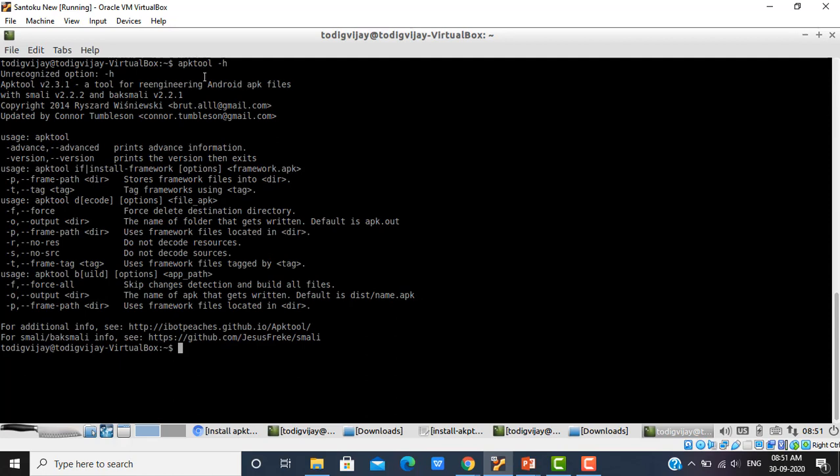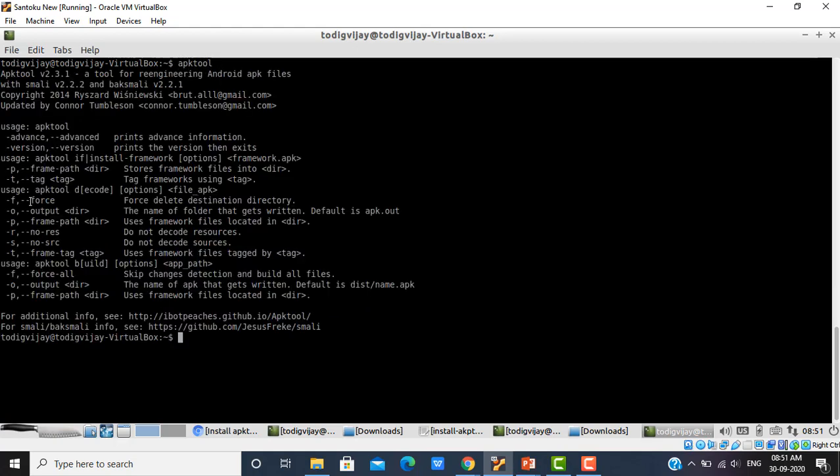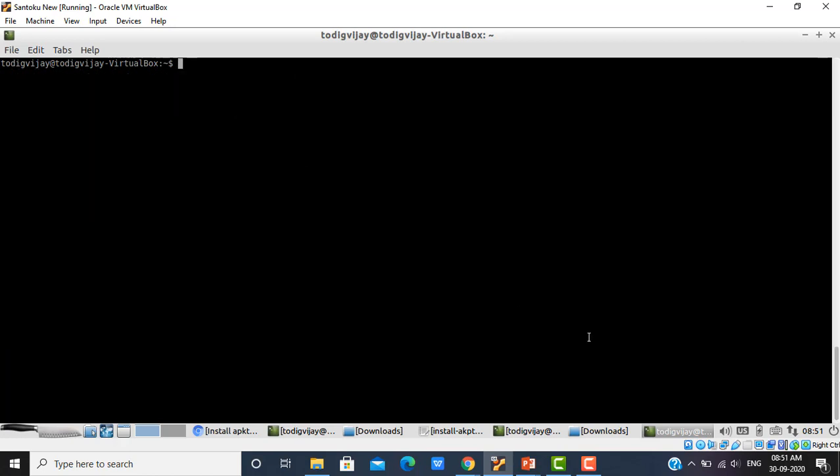Or I'll say just write apktool, you have the help also. Now please read the first sentence, that is apktool version 2.3.1. Please try to see that you have the latest version, because those who have installed an older version of Sythoku might not have the updated APK tool. So I do suggest that whenever you use Sythoku, then please